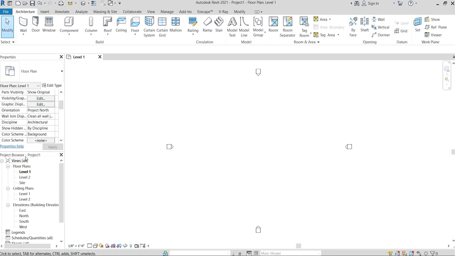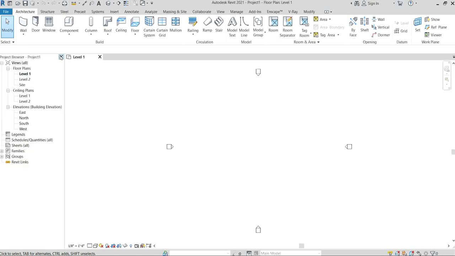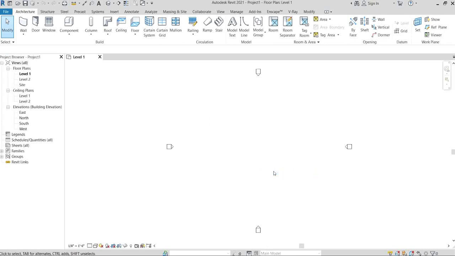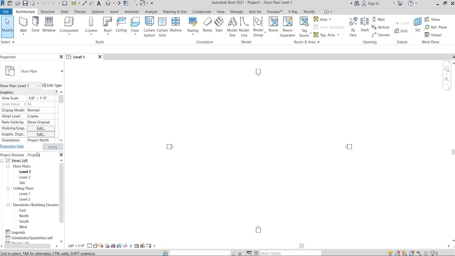And this is the project browser. Anytime we can operate this, and if I add any extra views, they will be loaded here. These two are essential. Don't close these. If you close them, it's difficult to work or to change the views. So how to retain them? If you unknowingly delete them, just right click here, go to browser, click project browser, and right click properties. Those things will get back. So this is the GUI.